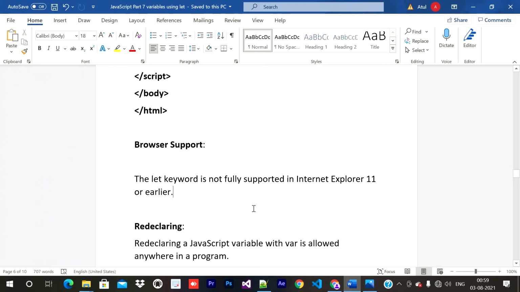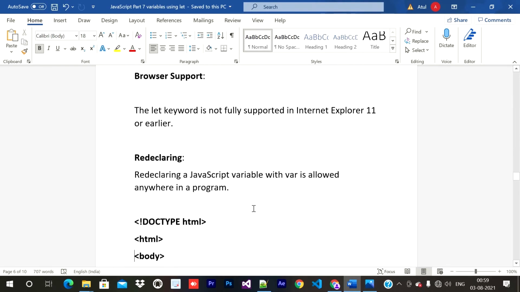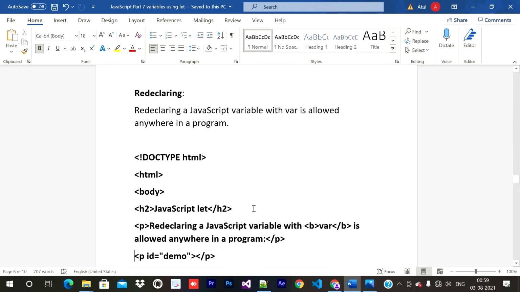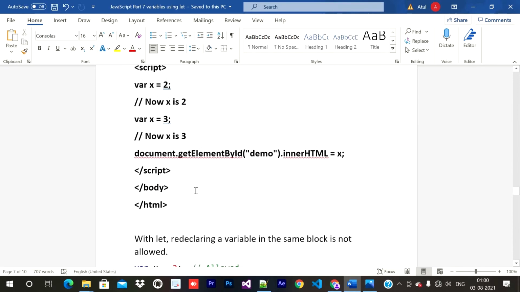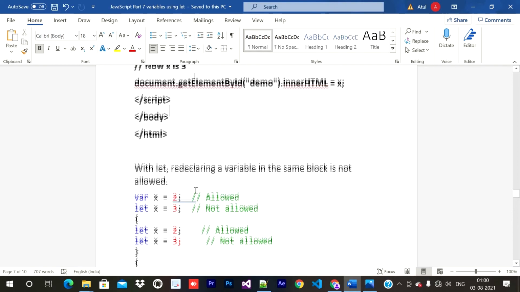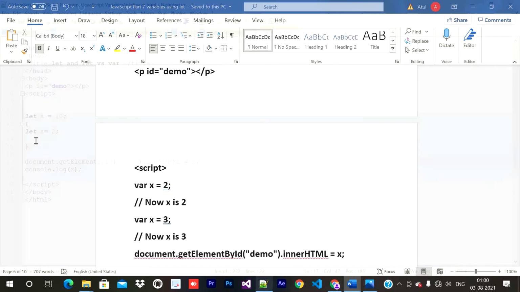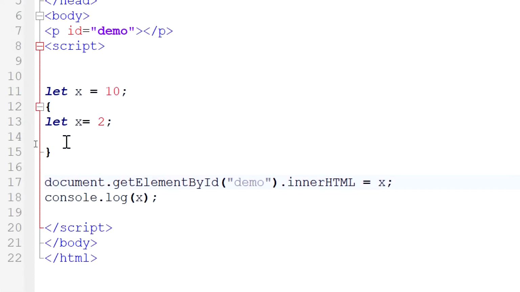Redeclaring a JavaScript variable with var is allowed anywhere in a program. You can redeclare a variable declared with the var keyword anywhere in the program as many times as you want. As you can see here, var x equal to 2, then var x equal to 3, then displaying inside the paragraph. The latest value of x will be printed.